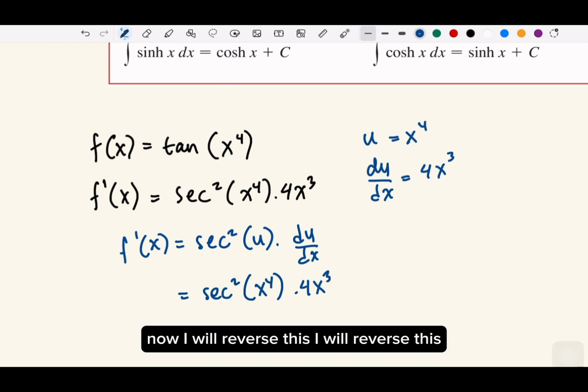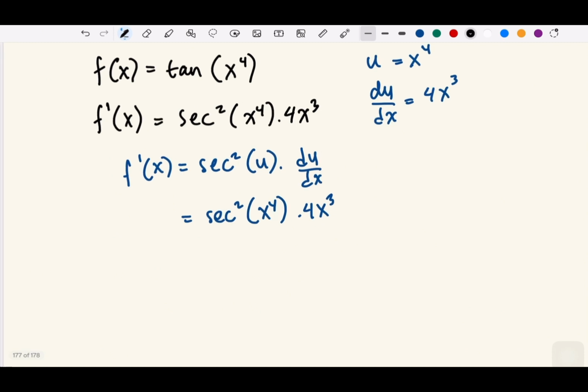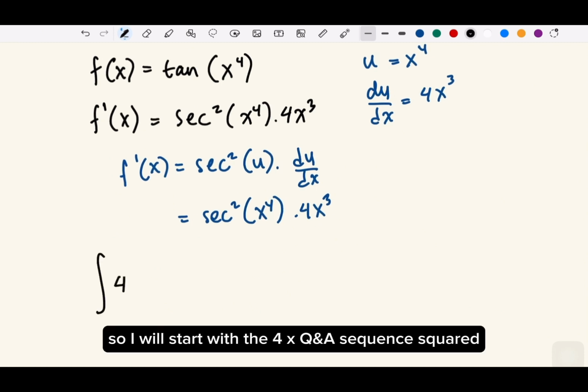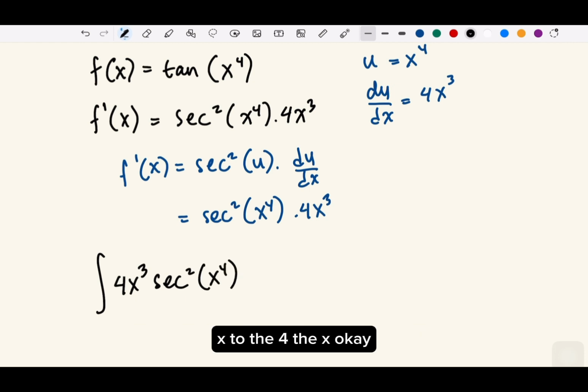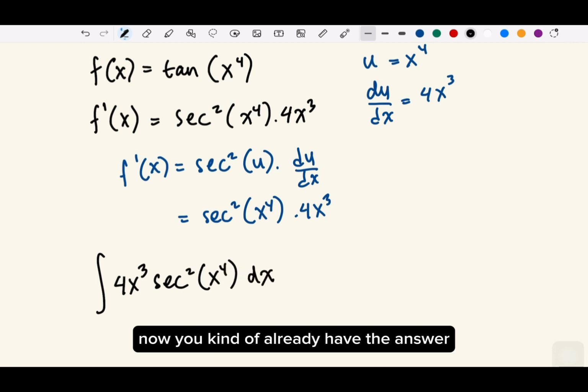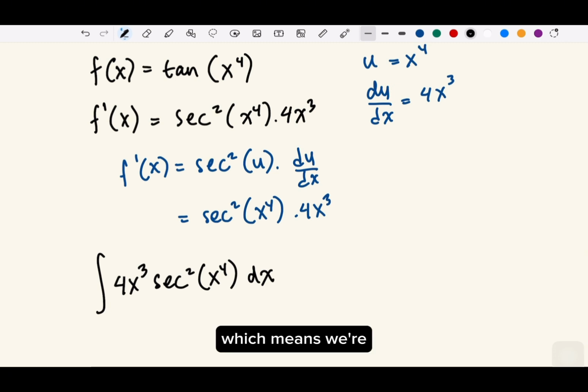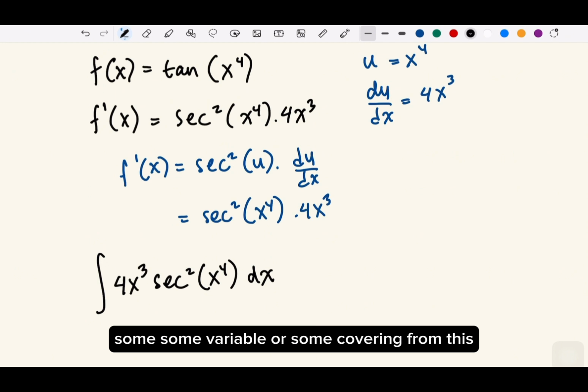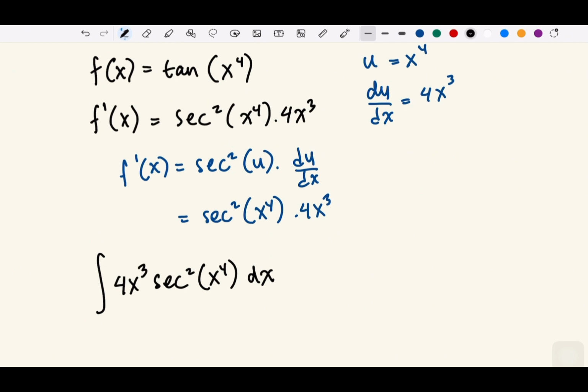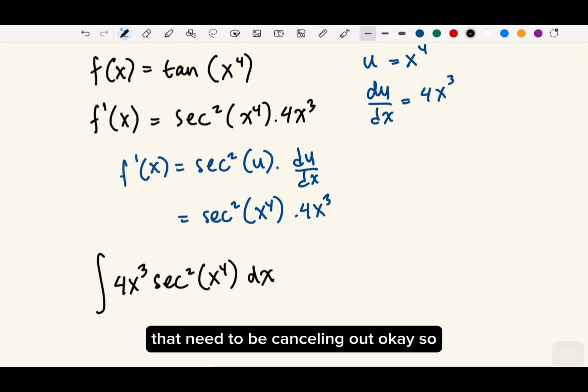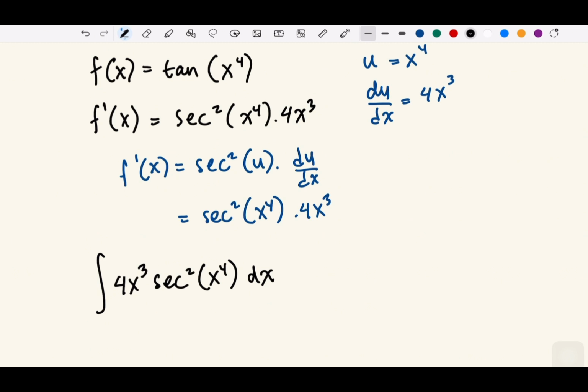Now I will reverse this. Okay, I will reverse this. So I will start with 4x cubed and then secant squared x to the 4 dx. Now you kind of already have the answer and the process in between, but we are going to tailor this from the integration part, which means we are going to find some variable or some component from this that needs to be canceling out. Okay, so